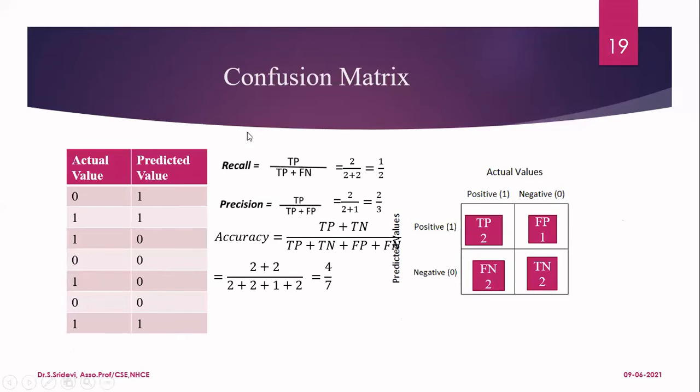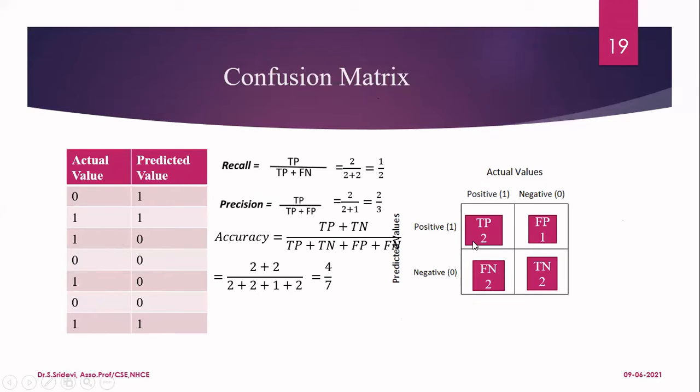Now, let us see one example to understand this confusion matrix and the other parameter calculations. This is part of my data set. I have given only the output column, that is the actual value of my data set. I have taken 7 samples in total. This is the actual value listed. I am passing the data set to my logistic regression model and predicting the value. The predicted value from the model is listed here. Now I am going to find the value of these parameters.